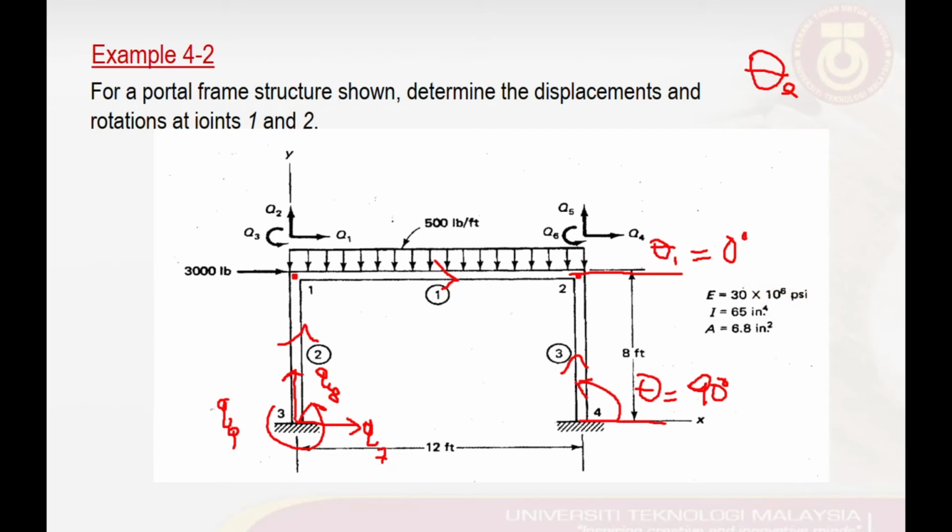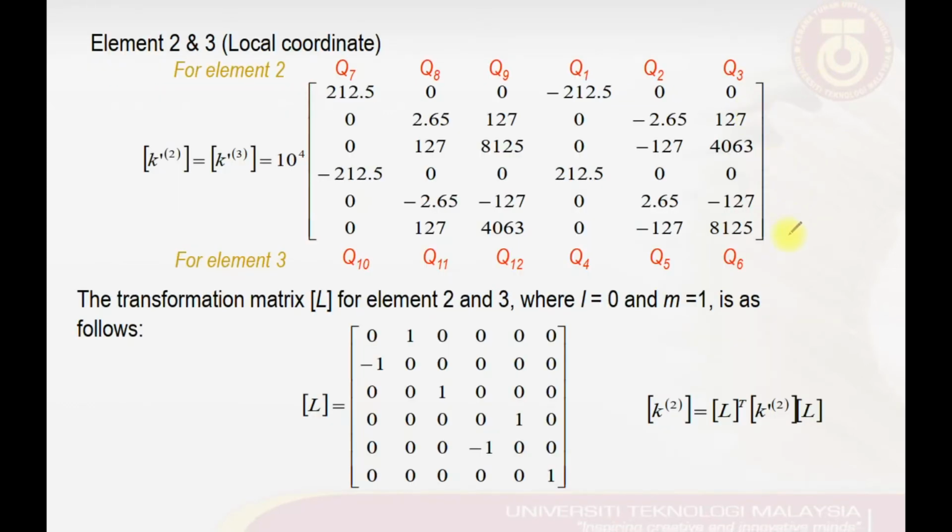For element number 2, on the other hand, as we look at its connectivity, it starts from node number 3 to node number 1. So in terms of our element stiffness matrix, we have to set it up to follow the index starting from Q7, 8, 9, which is where it starts, and followed by Q1, Q2, Q3, where this element ends here. So this is the example of the local element stiffness matrix for element number 2, where I have all the coefficients set up, but in terms of its address here, I will write from the starting node here,